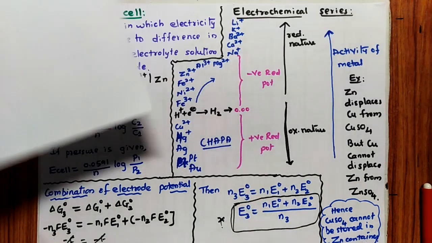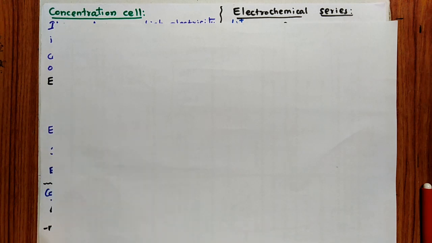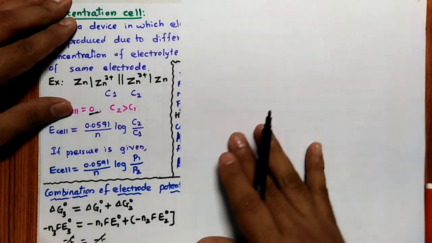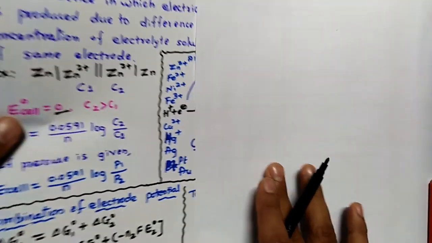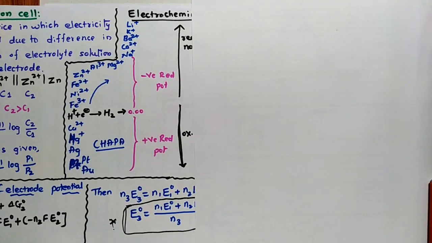Now we will go to the very important electrochemical series. What is the electrochemical series? Here we have arranged the electrode potentials in increasing or decreasing order of the reduction potential value, starting from plus to minus. In some books it is given from minus to plus. Don't worry about that. But what you have to understand is very, very important in this case. So just imagine I have written the electrochemical series like this.